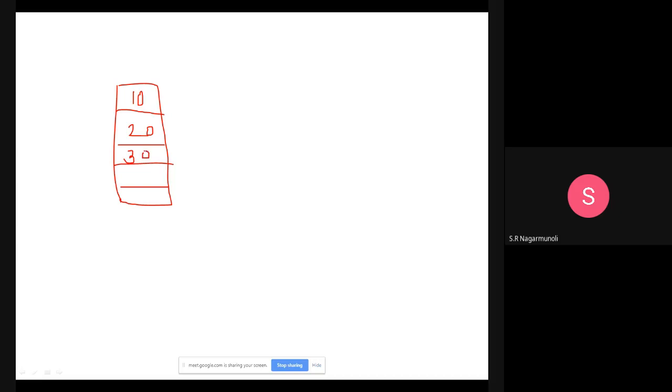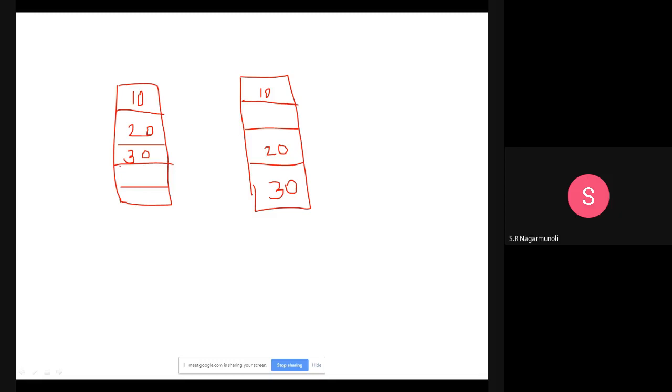Now to make room for the element 50, I have to first start moving the elements from the last position. I wanted to insert it at position 2. So we had 10 here, then 30. We have to move 30 here, then move 20 here. Then you have the position free where we can insert the new element.